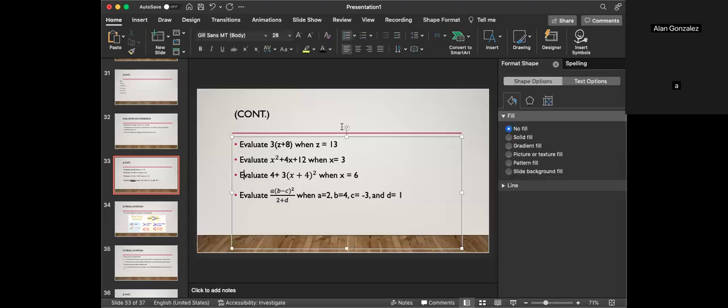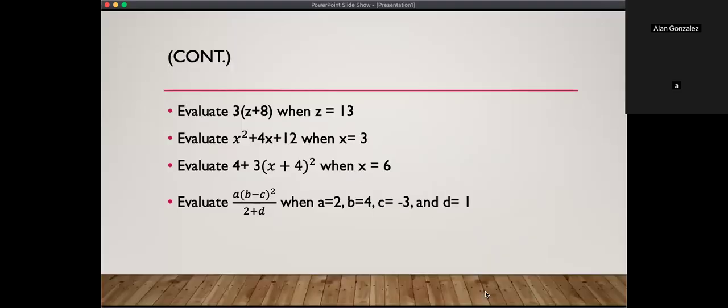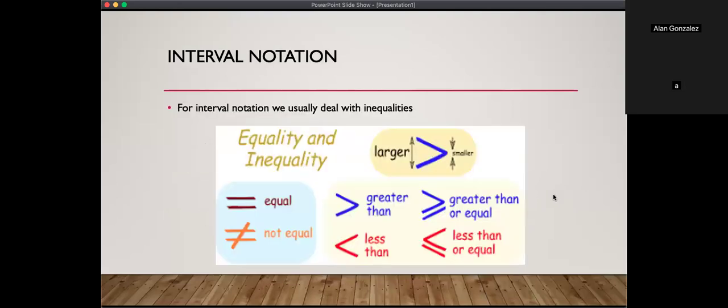All right, so the last thing that we did not get to talk about is interval notation. I'm pretty sure everybody has seen inequalities, right? For interval notation, we deal with greater than, less than, greater than or equal to, less than or equal to, and the sign is basically, I always called it the alligator. It's always trying to eat the larger piece. So wherever you see this open mouth, this opening means it's going to eat the larger